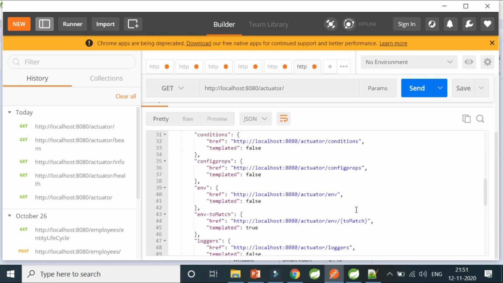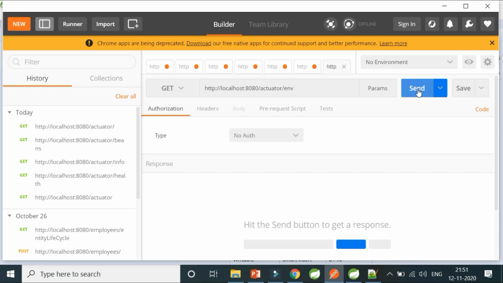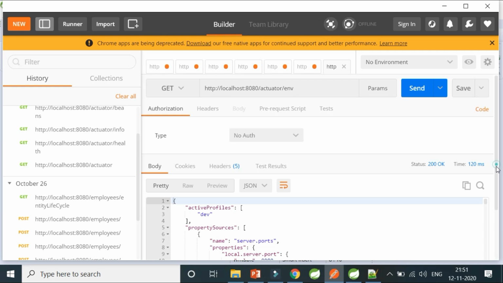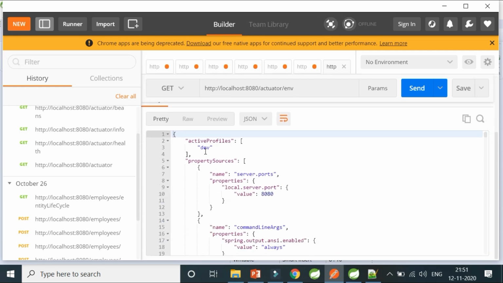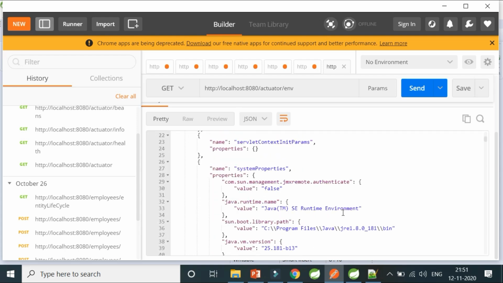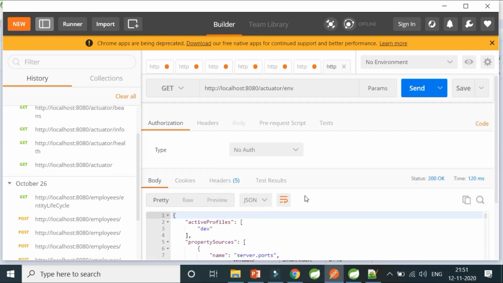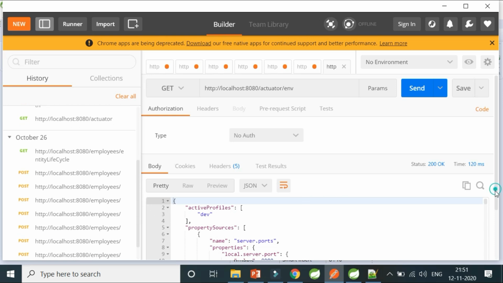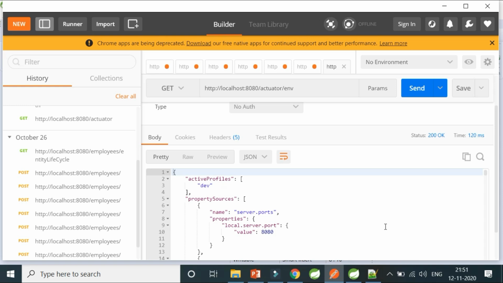Okay, so I have environments also. So let me first show you environment here. So on my environment, it says that I have my dev application, dev profile available. I have my server port 8080 available, and many more things that I can't show you as of now. It's my configuration part. So basically all your configuration, you try doing it by yourself. You will see your configurations and environment variables available for your application in this particular request. So this is how the environment endpoint works.